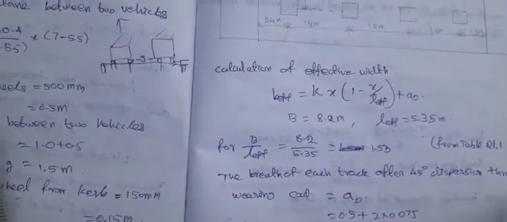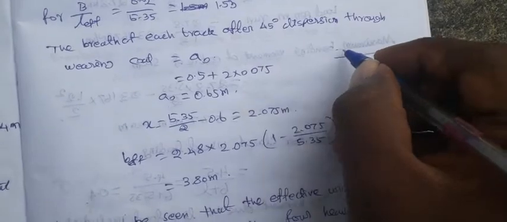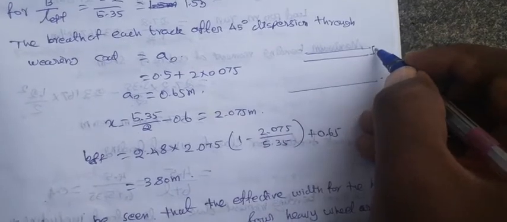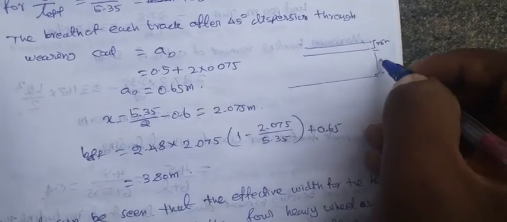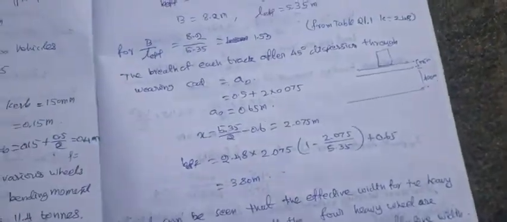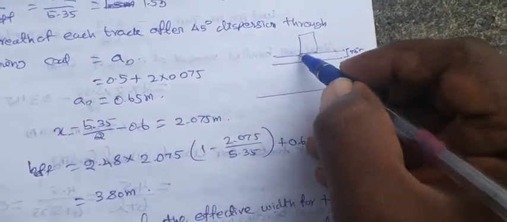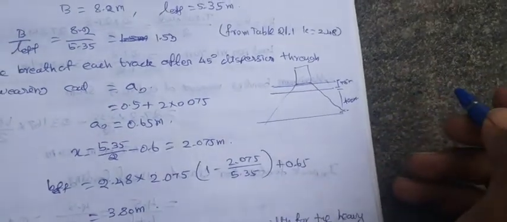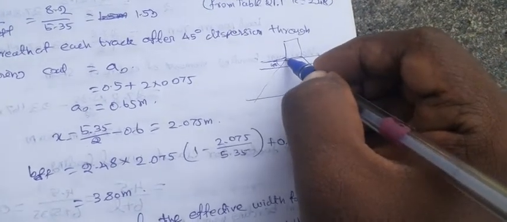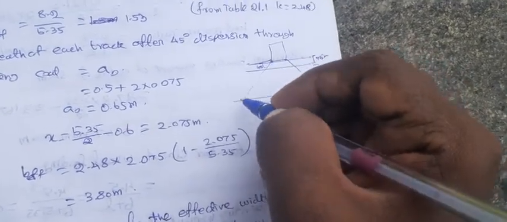So here we just consider this is the surface of the road. This is the bearing course. This is the width of the slab. I take 75 mm, and this is 400 mm. So here I am placing a load, that means a wheel load from the highway road. The Indian Roads Congress says that the dispersions always follow like this. So it is 45 degrees, in each and every direction. So this is the dispersion area, 500 mm. Each way the dispersion will follow the 45 degree angle.